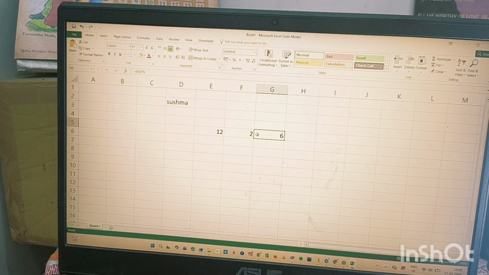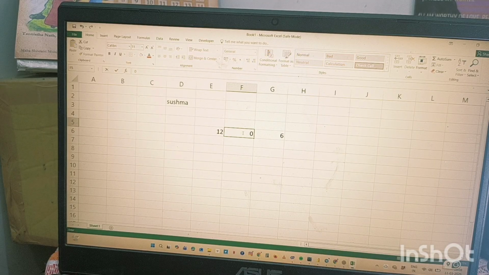But at the same time, in place of 2 or 12, if you by mistake type 0, then what will happen? Are you seeing, guys? This is hashtag DIV. DIV means division. So that's how it will work.